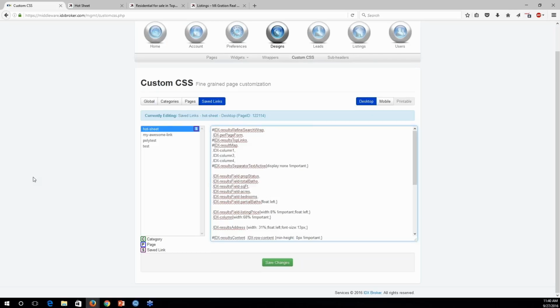Give it a shot. I've had a lot of fun talking to you guys about some of these cool customizations that you can do. If you have any questions, anything that's outside the scope of support, contact your developer. If you're using an IDX developer partner, they're super awesome. Contact them. If you have any issues or need help from us,